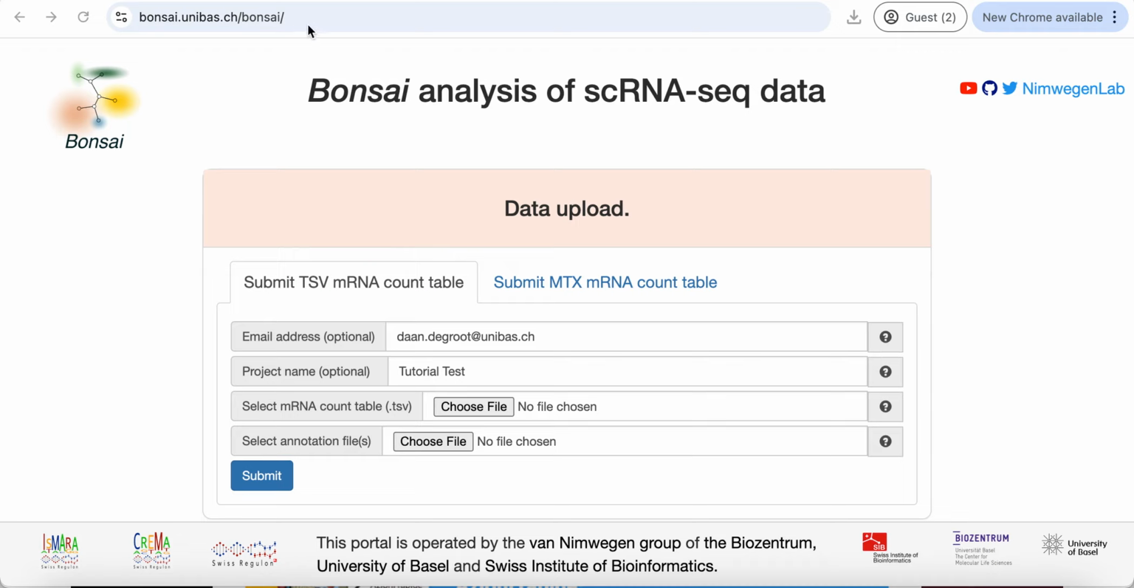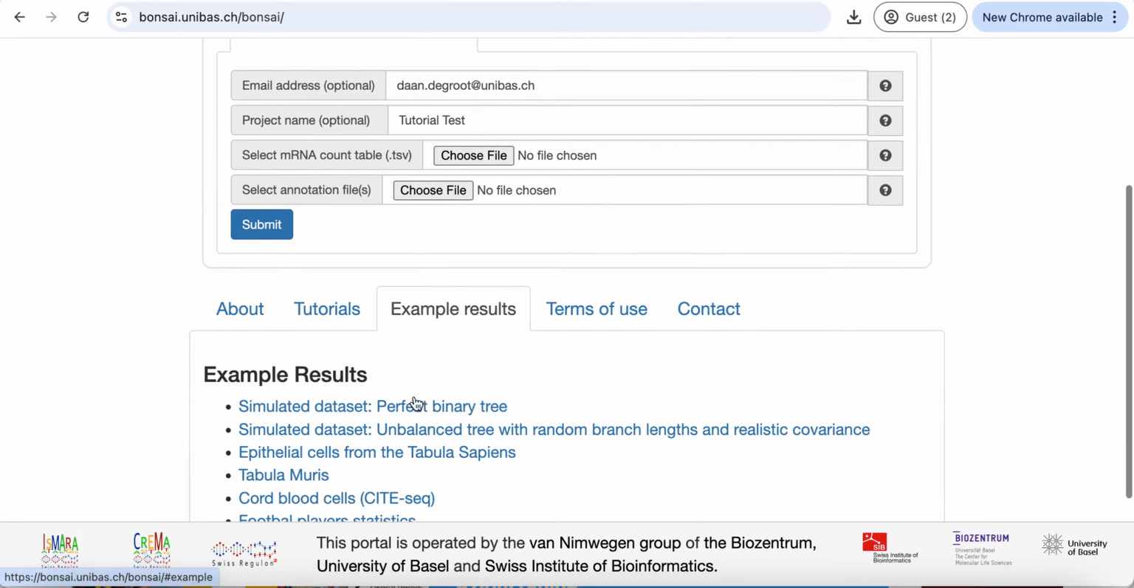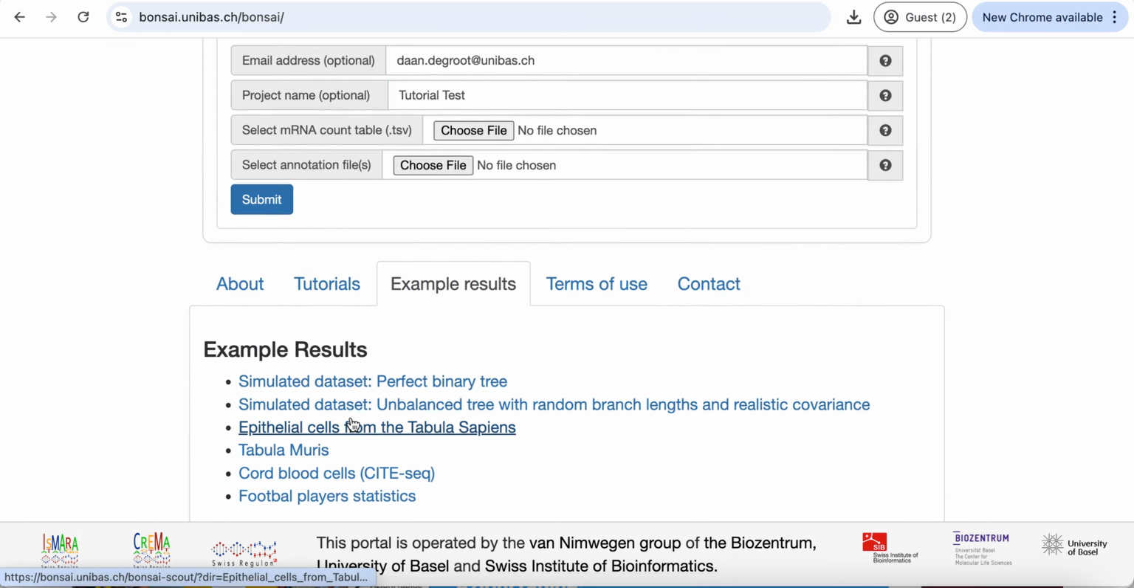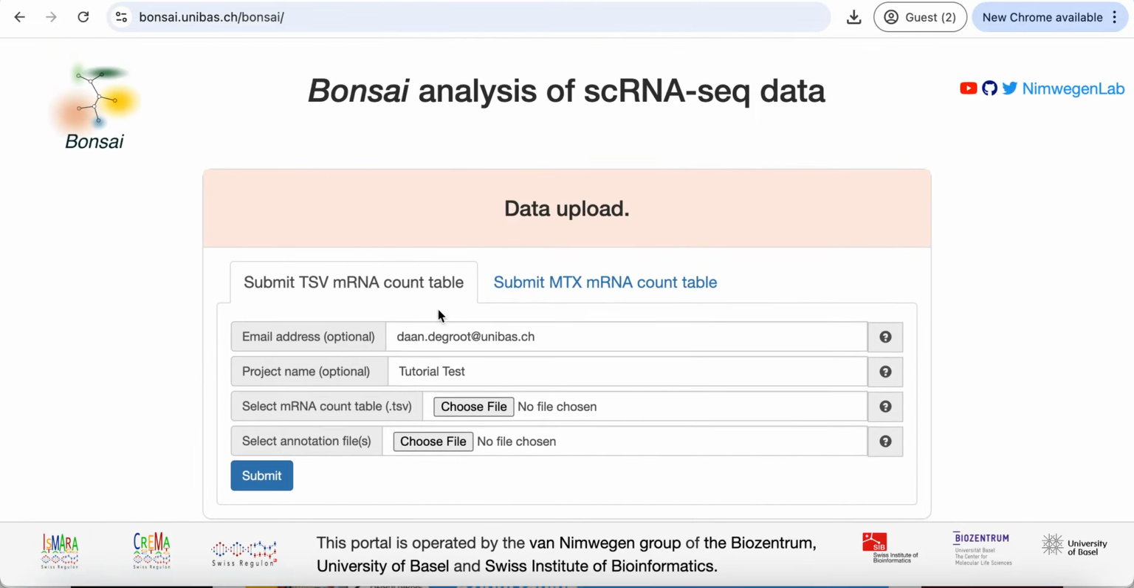app. First of all, you go to this website where you can already see that there's some example results available of datasets in which we already reconstructed a bonsai tree, and you can explore this tree and see if you like that. Most importantly, it has a data upload section, and I will just quickly show you how to upload